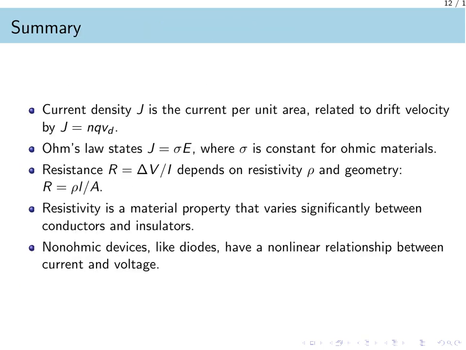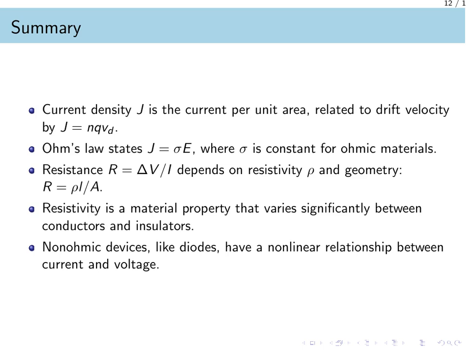To summarize this section, we established that current density is the amount of current per unit area, and it is directly related to the drift velocity of the charge carriers. We explored Ohm's law, which states that current density equals conductivity times the electric field, providing a constant relationship for ohmic materials. We learned that the resistance of an object is calculated as the potential difference divided by the current,